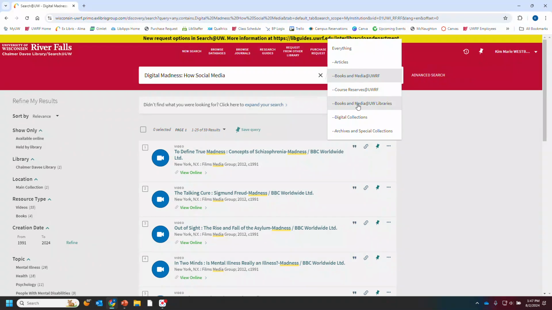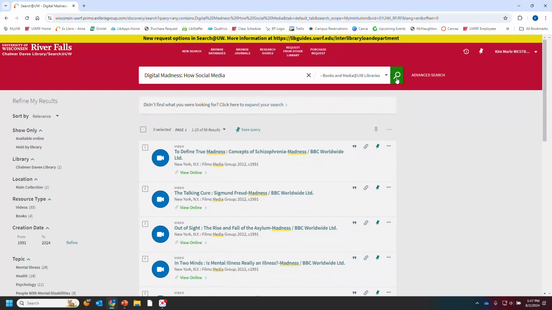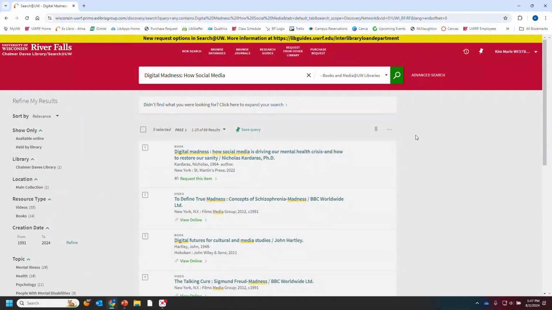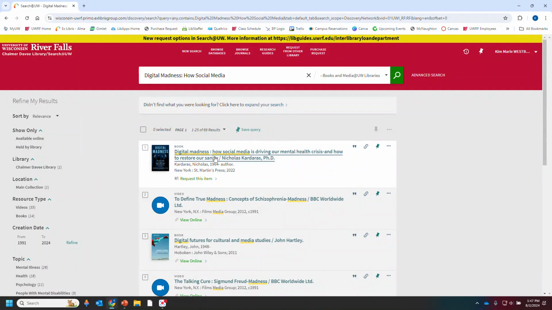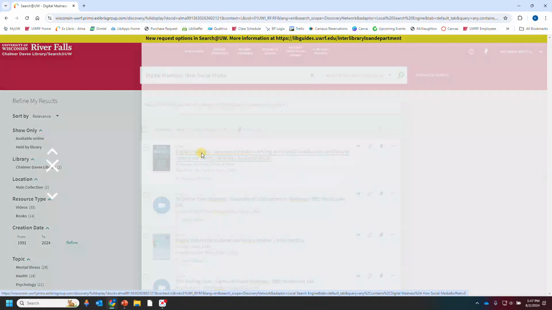So next I'll click Books Immediate UW Libraries and hit search, and I'll see if any of the UW libraries have it. We have a deal with UW libraries where we share books with each other, and this will be a fairly fast process to get this item to you. I'd say it'd probably come within 2 to 3 business days. So what you can do is you can click on the title here,